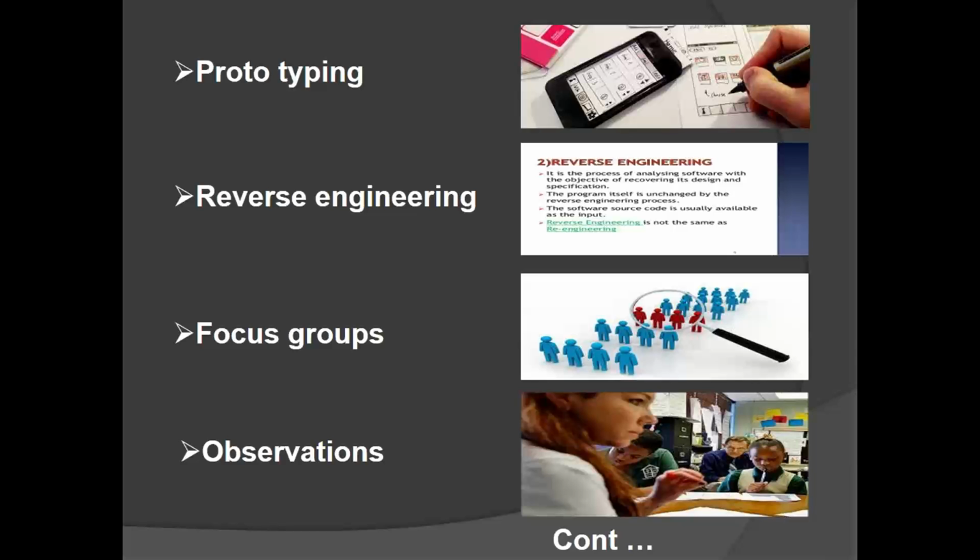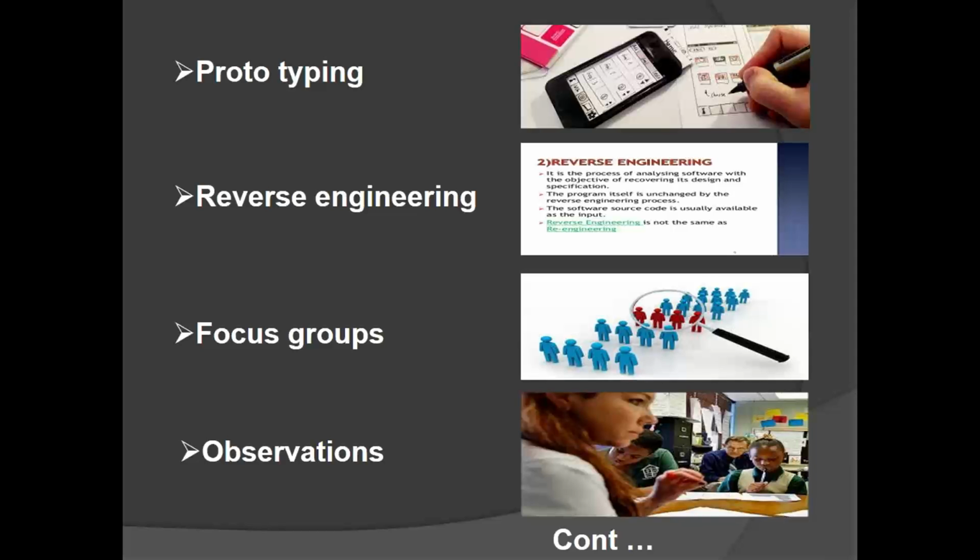You people show very eagerness to know. So in this process, if you have any doubts, you will keep on asking me. That's the reason you are homogeneous, heterogeneous, and I belong to the homogeneous group. Okay. So that is nothing but focus groups. Generally we use focus groups for all types of projects.